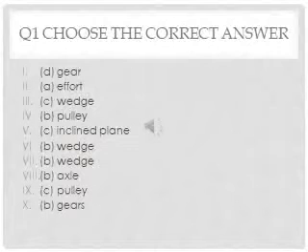Question number 1, choose the correct answer. Which of the following devices is used for making rotation easier? A. Pulley, B. Lever, C. Screw, D. Gear. Answer is option D, Gear. Number 2, the amount of work that a machine does depends upon the amount of dash applied. A. Effort, B. Work, C. Friction, D. Heat. Answer is option A, Effort. Number 3, which of the following is a modified form of inclined plane to form a sharp edge? A. Pulley, B. Lever, C. Wedge, D. Gear. Answer is option C, Wedge.